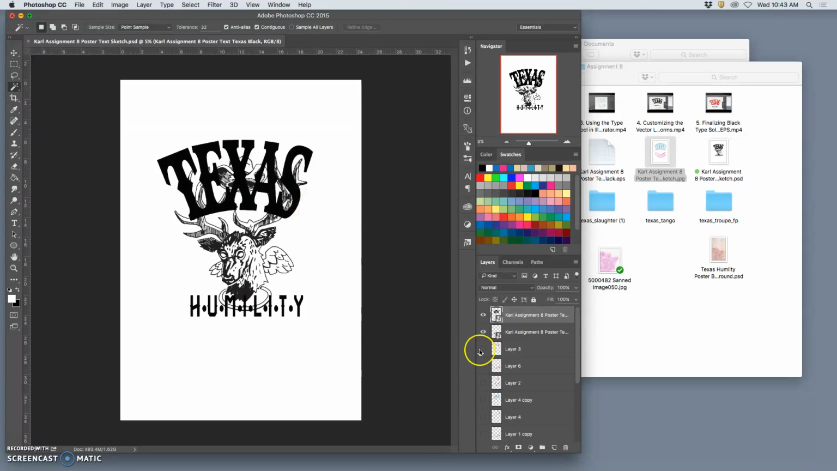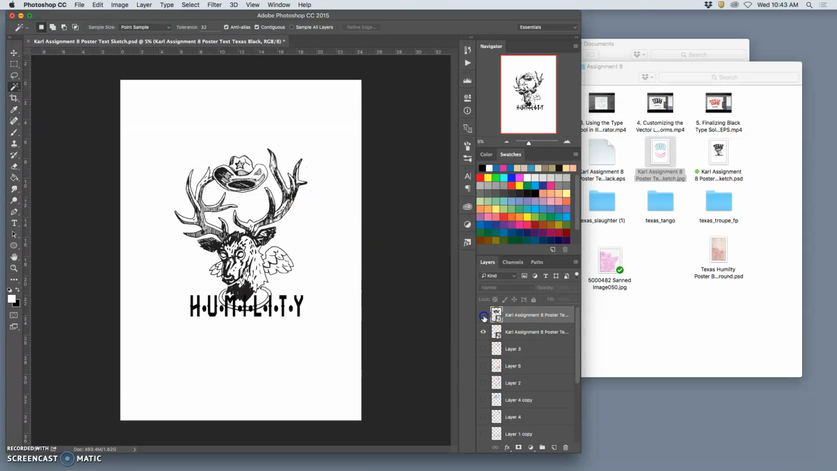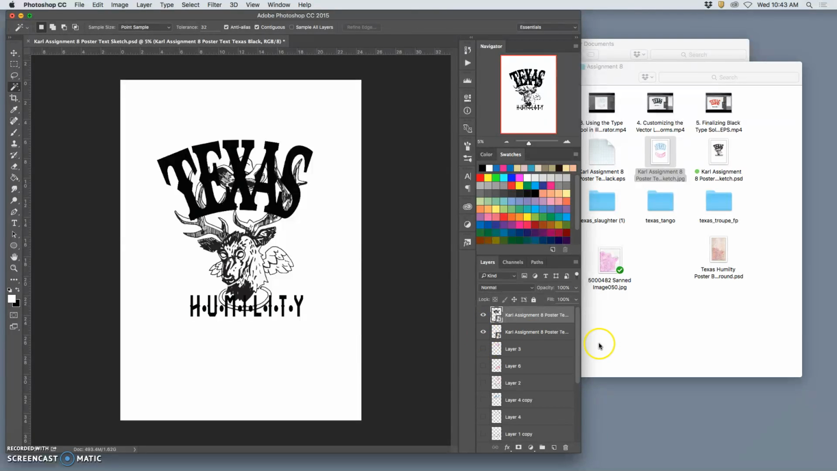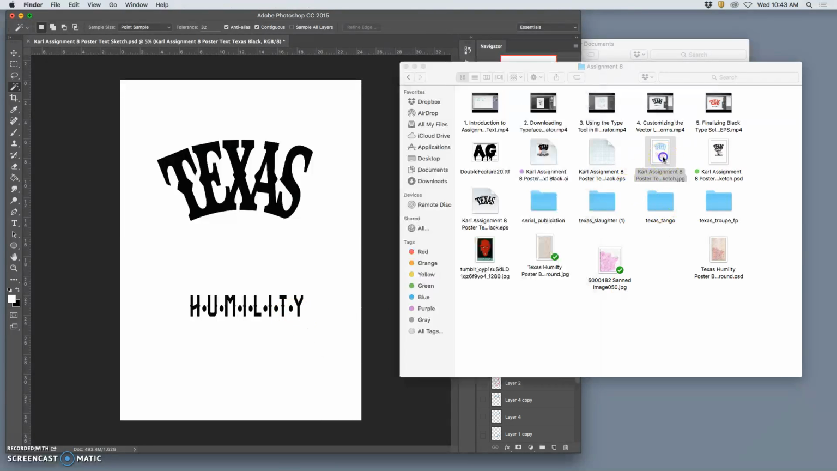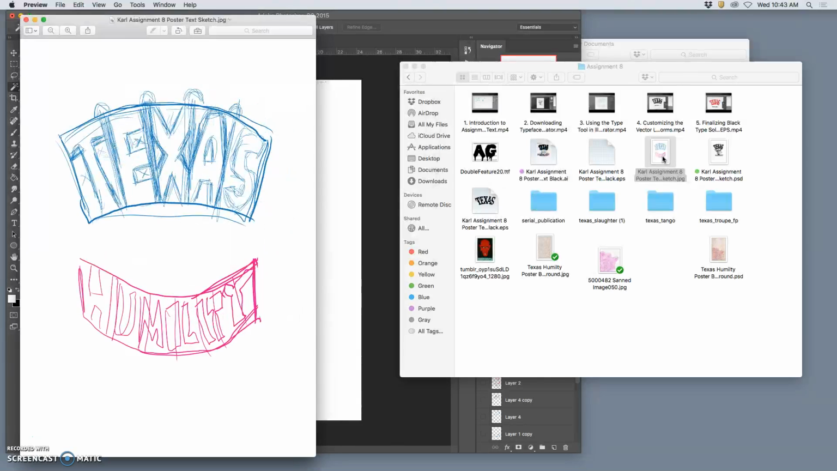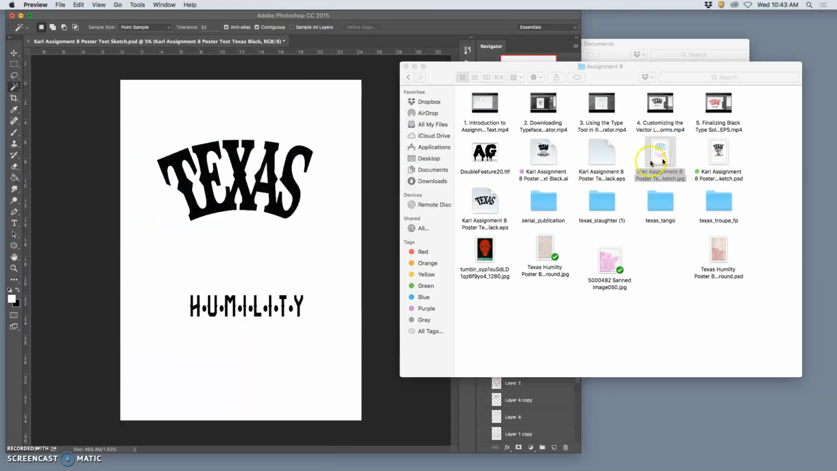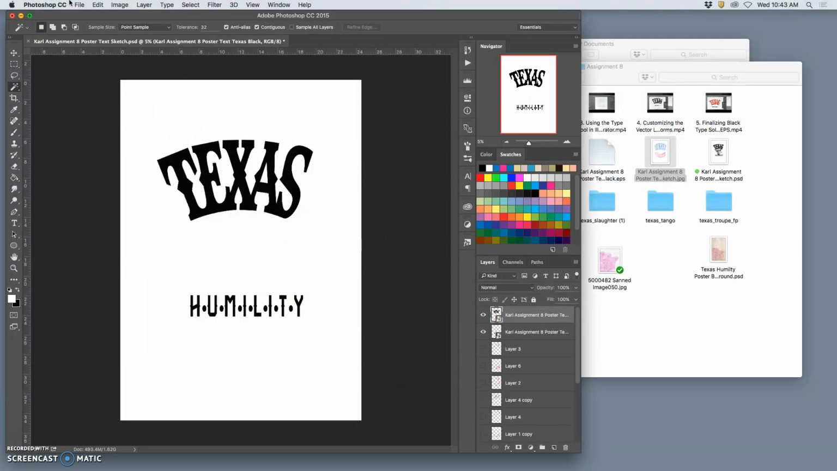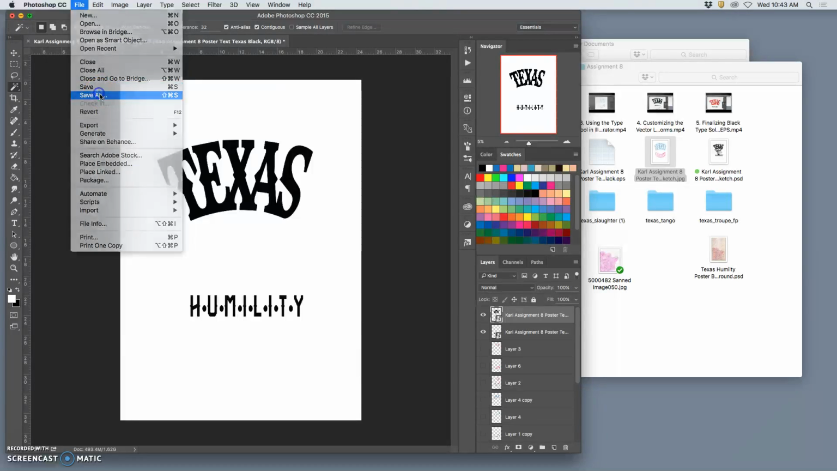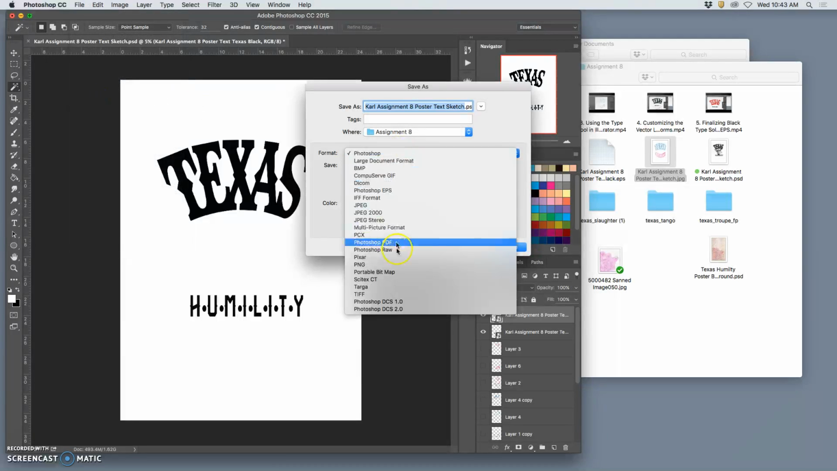All right, so I have now black and white, basically black cutout type solutions. There are two things we're going to turn in on Monday that we've already done. One is our sketch, so you make sure you have a JPEG of that. One is our black and white type solution, so I can go ahead and save a copy of that right now. Just say File, Save As, a JPEG,